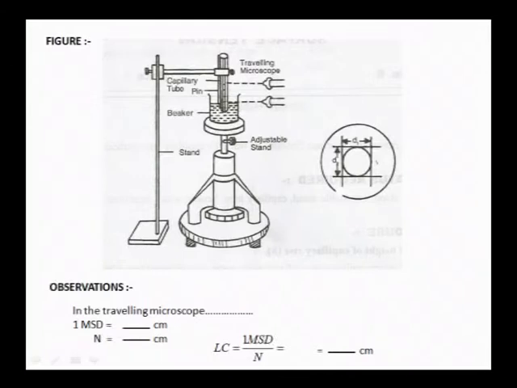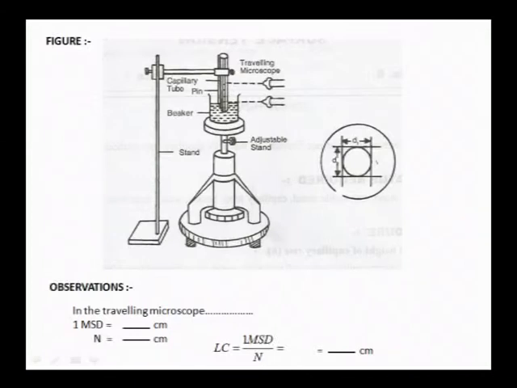Travelling microscope is the instrument used to measure both the radius or diameter of the capillary tube and also to find the capillary rise in the capillary tube. So, travelling microscope is again based on the principle of vernier. Microscope, as we know, is used to get a magnified image of a very small object. So, the purpose of the microscope is to magnify the object, and since it is movable in both horizontal and vertical direction, we call it a travelling microscope.